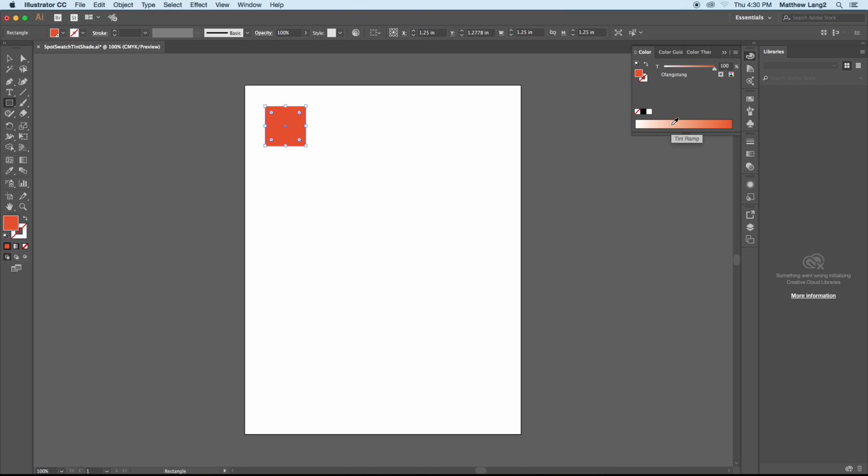This is called the tint ramp down here. This shows you the tint and it's got 100% starting up here. Okay, so now I'm going to grab our selection tool. I'm going to click over here. It's already selected, and I'm going to hold down option, and then I'm going to click